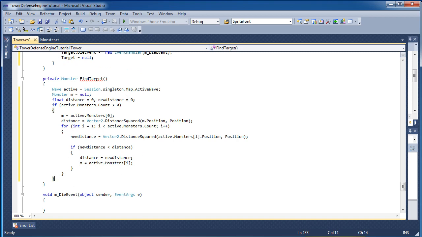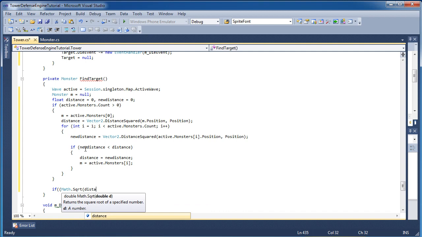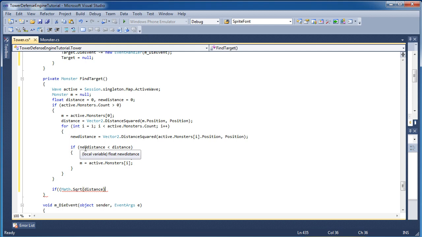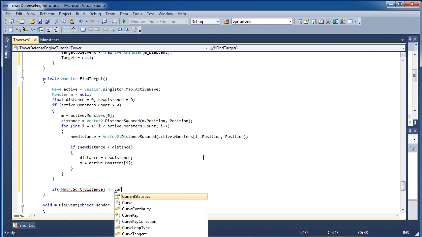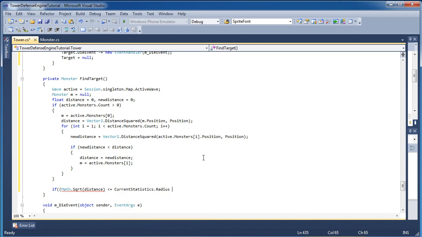Okay. Now after all this giant if block, we press enter a couple times, and now we have another if block. Two opening parentheses, Math.Sqrt(distance). So we need to convert that distance squared object to distance. So this is where we need to get the appropriate distance. So if we square root the distance, and that's less than or equal to our current statistics.radius times